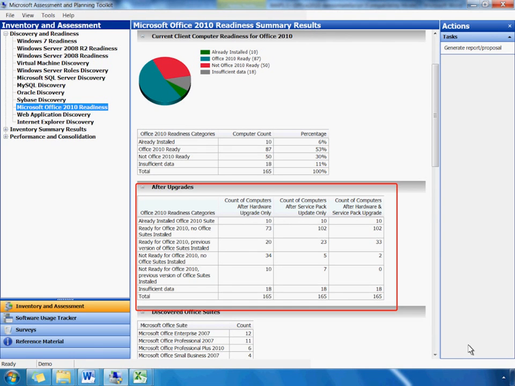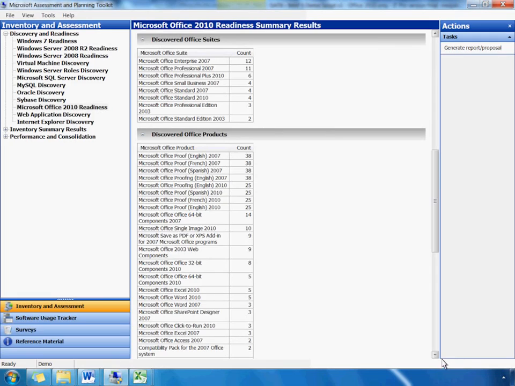Looking at the After Upgrade table, you'll see MAP provides a 360-degree view of your PC's readiness for Office 2010. It provides counts of the PCs ready for Office 2010 if we were able to upgrade the recommended hardware, the service pack, or both. From this table, after necessary upgrades, we can conclude that a majority of our PCs are ready for Office 2010. Scrolling down, MAP shows a summary of all the discovered Office suites and Office products in